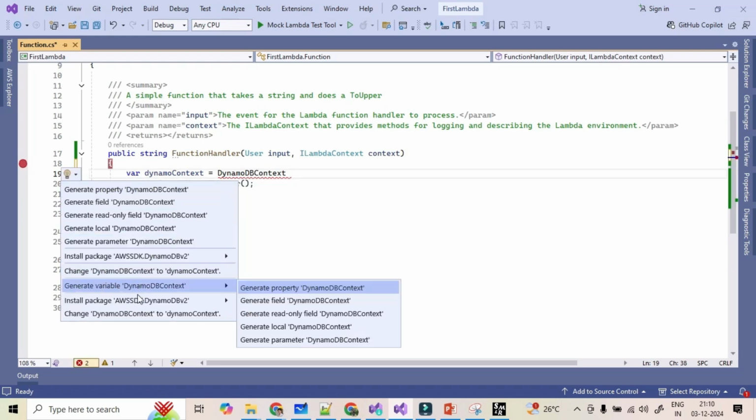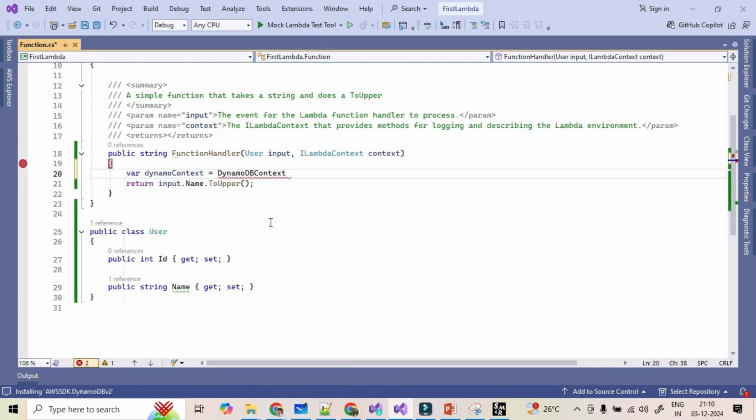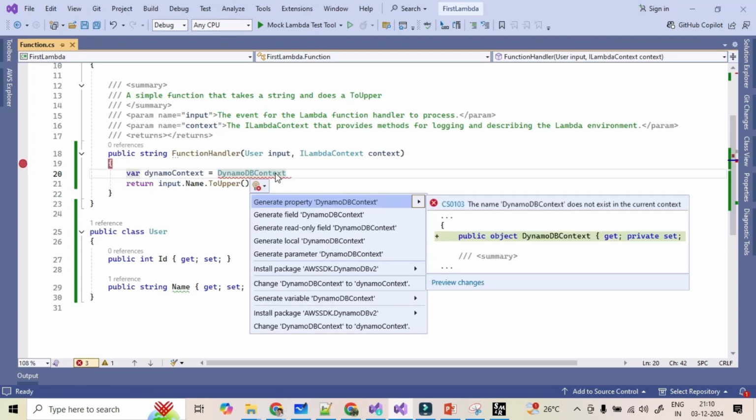Below, if you can see, install package, it is coming from DynamoDB v2, and we can just click find and install latest package. Then it starts installing that package, and after installing, the DynamoDB package will be available for us to fetch that DynamoDB data. Okay, the package is installed now.